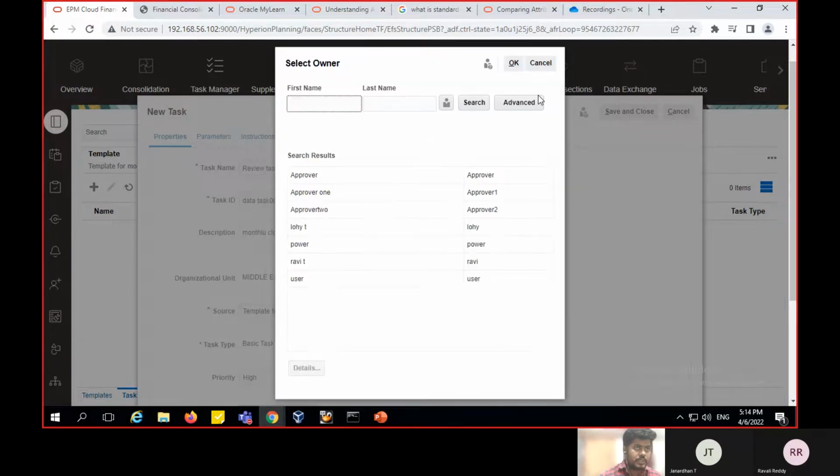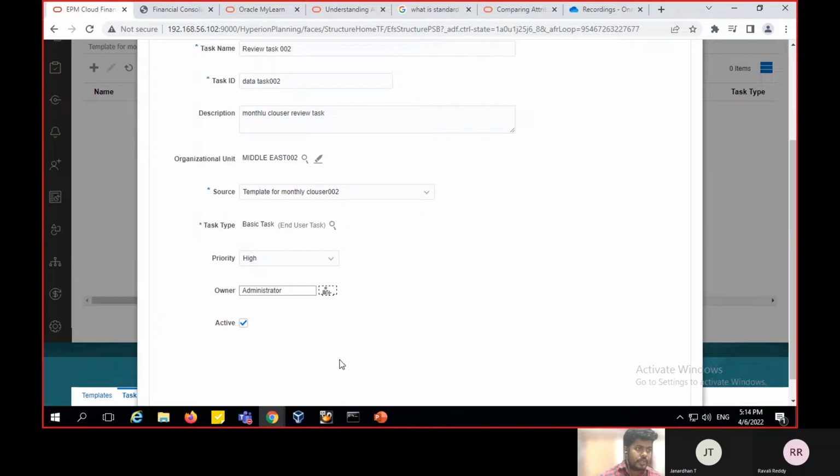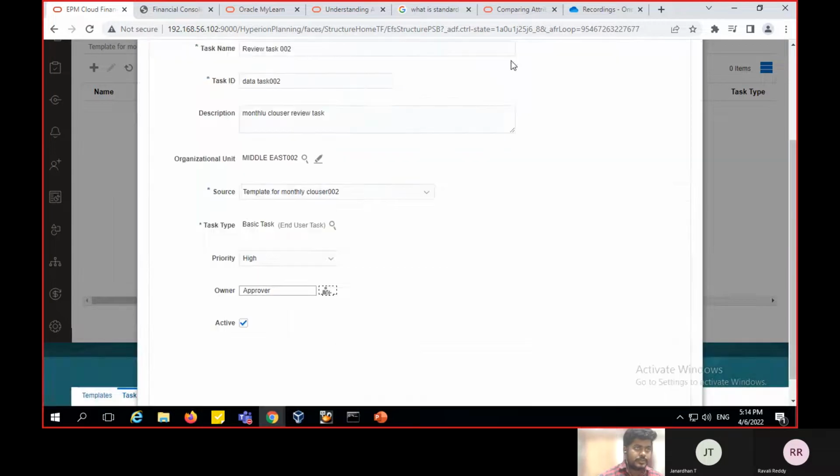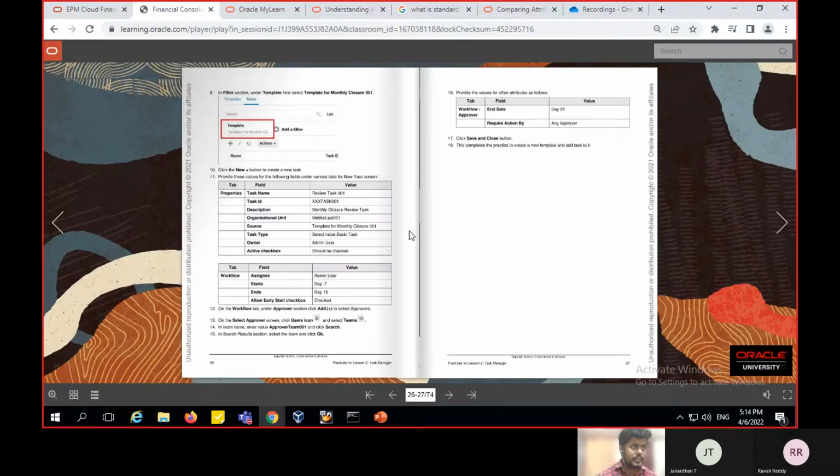So we need to select any one of them. So here is the administrator by default. So in here we need to give the approver. So I'm giving the approver. Then click on activity guide, and we have to give the workflow as the admin user. Assign is the admin user,